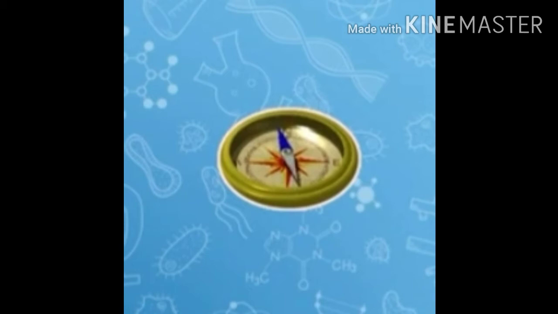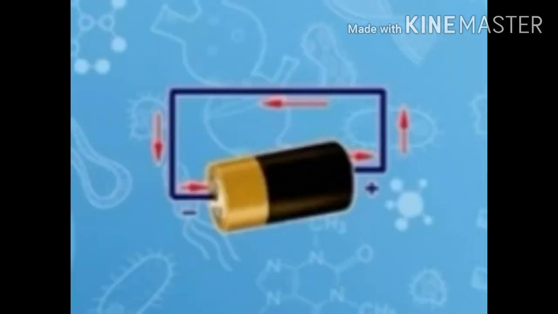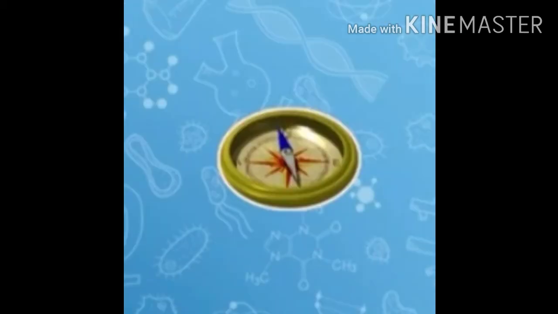Clear? Next, what we have to do: I said the battery or the cell is connected with the copper wire. When we connect it, the electric current starts flowing through the copper wire. And when you bring the compass needle near it, it shows the deflection. Deflection means the needle in the middle moves. Just look at this needle. Here we get two ends. One is a pointed arrow end, and one below has no arrow. And that arrow part